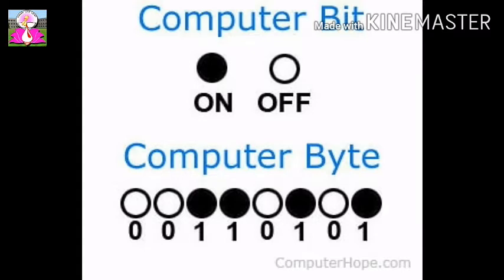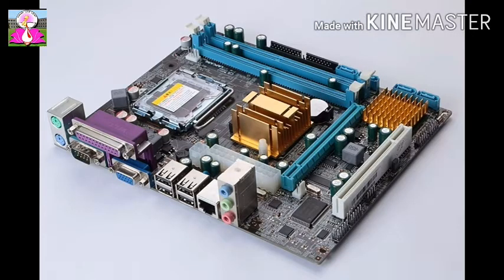A computer processes and stores data and instructions in the form of two digits, 0 and 1. These digits are called binary digits, or in short, bits. These bits are carried by electric circuits and stored on tiny chips. A small silicon chip is covered with millions of circuits. These chips are mounted on the daughter board, which is inside the motherboard of a computer.